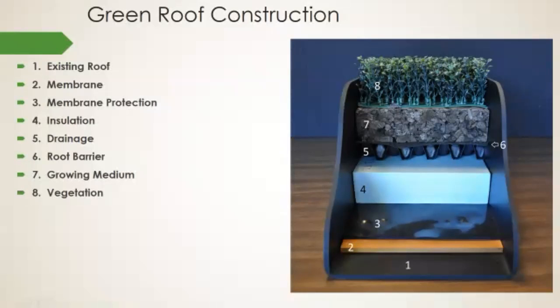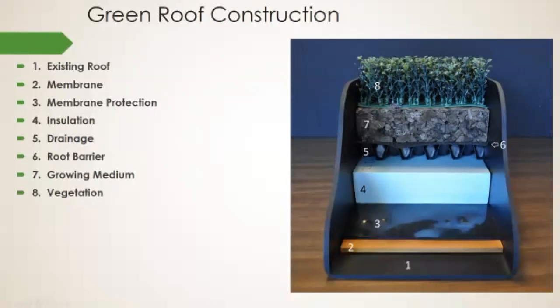This drainage tray is really one of the most critical parts of this whole system because it holds on to water that drains through the medium here. This medium is very lightweight and doesn't hold on to water for very long. So we need a catchment system to retain that water and allow it to be pulled back up into the root zones of our vegetation, so that we can use as much of that water as possible before you lose it to the drainage systems, or to the building's drainage stormwater systems.